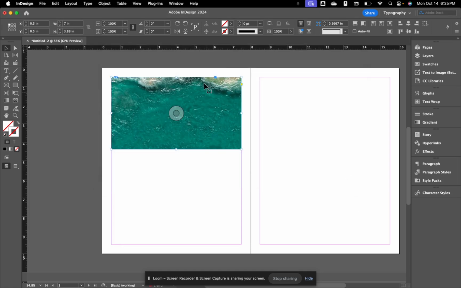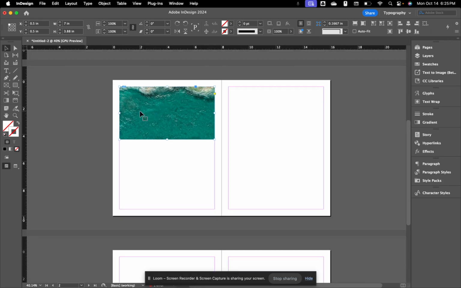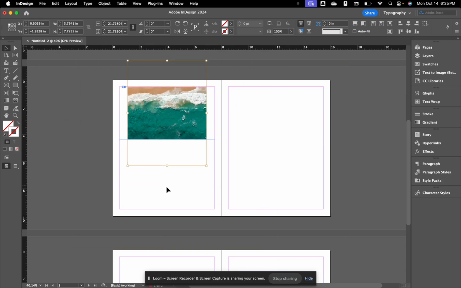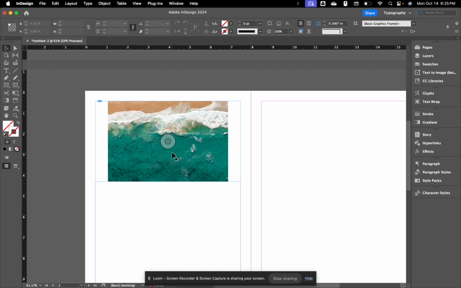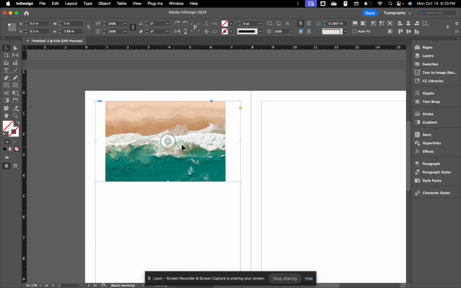And that image now fills up that space. Now, this is not the full image. The full image is actually much, much larger. So I can shrink it down and you can start to see the space it takes up. And when I click and drag here, you can start to see what I'm getting at, which is that the frame, the container for the image, and the actual image itself are two different